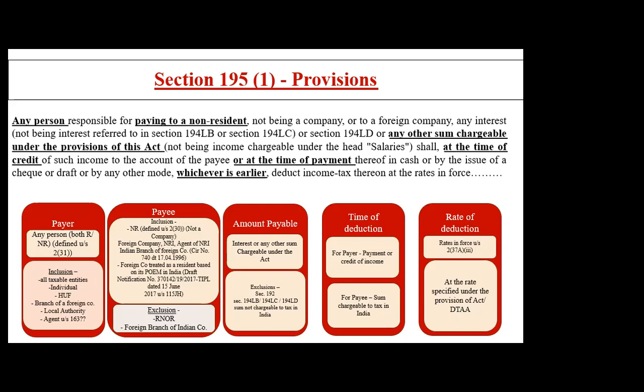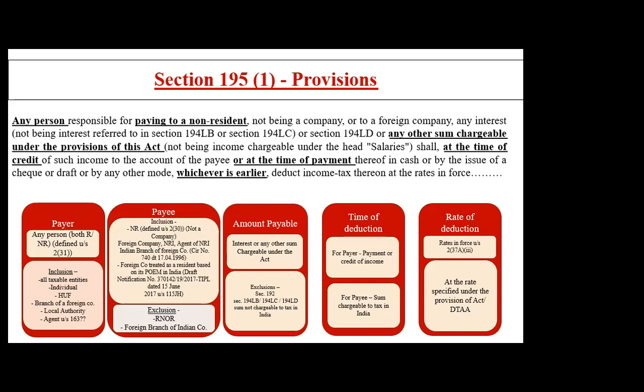So now coming to the point that the other thing which we need to test at this point of time is that test of residency for a non-resident. Now we say generally, for a non-resident individual, we test at the year end, fag end. We say that on the 31st March, while filing of returns, we come to know whether we have to determine the tax residency. But specifically, when we are making payment on 195, at that very point of time when we are making payment, we are supposed to check his residency, whether he was a non-resident at that particular point of time when the payment was made to him.